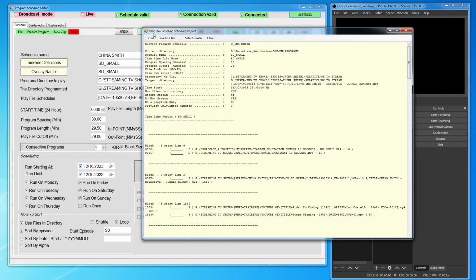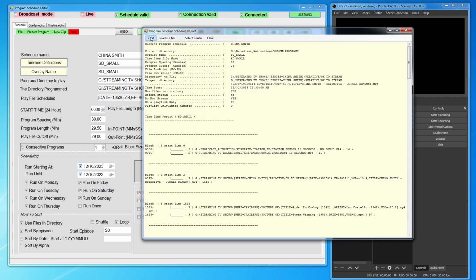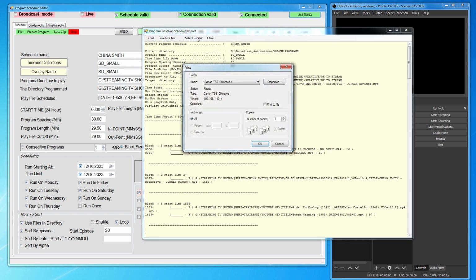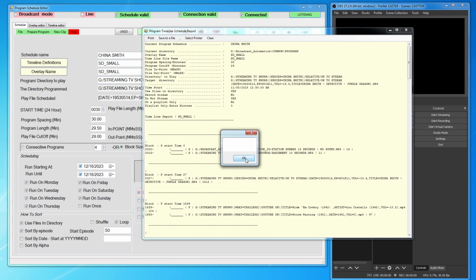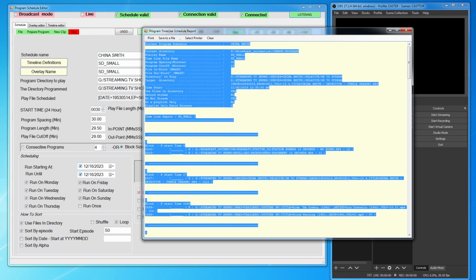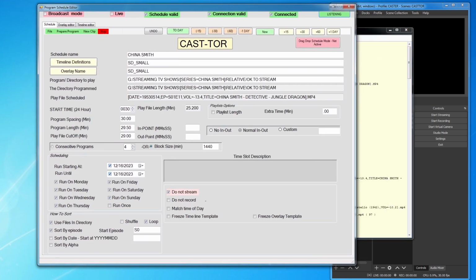And up here at the top, one of the things that you can do is, you can print and select your printer, and then you can print all this, but you can also save to a file, and it comes back and says OK. And where did that end up? Well, it ended up